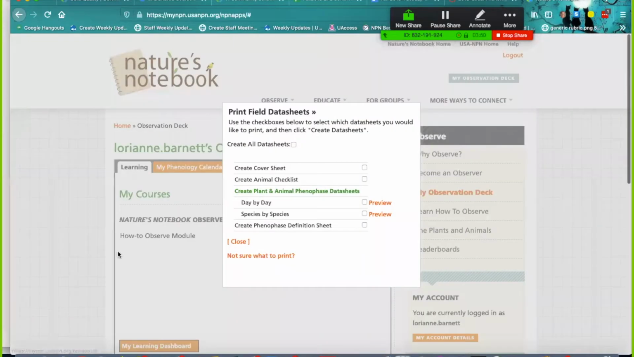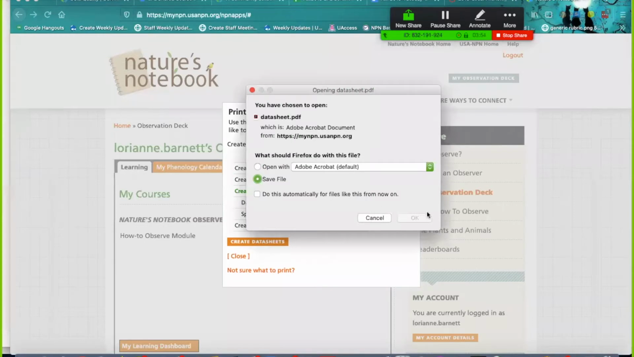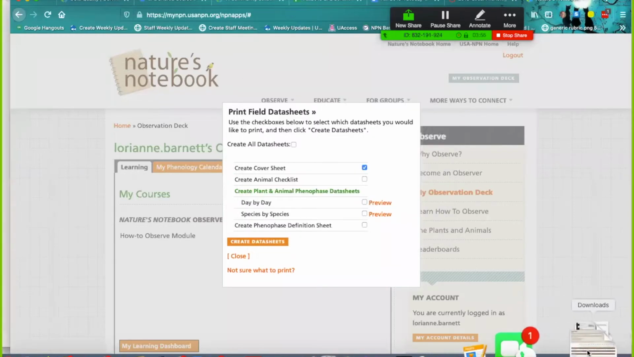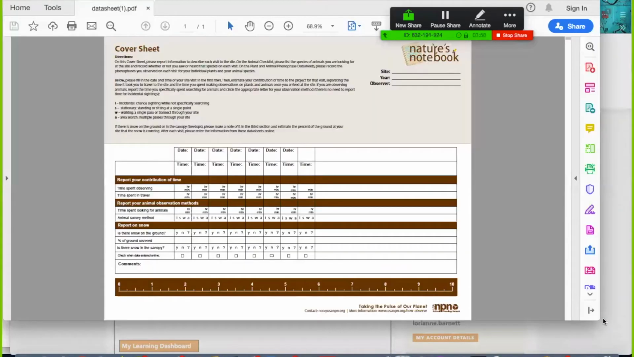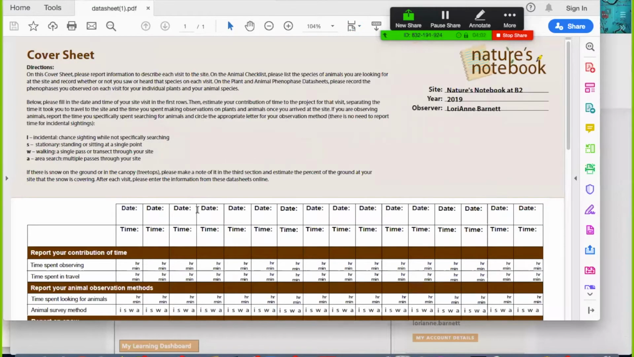All right, print field data sheets. Here we go, cover sheet. All right, so let me see if I can make it bigger. Can you see that? This is the only thing we have for a protocol for doing the walks. So I would say this one here, the W, walking a single pass or transect through